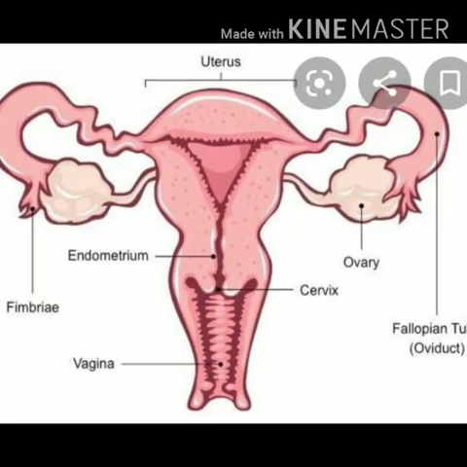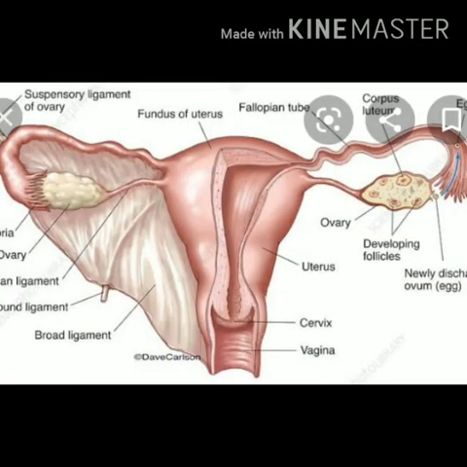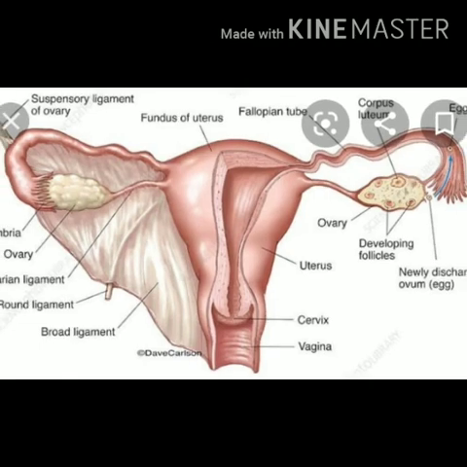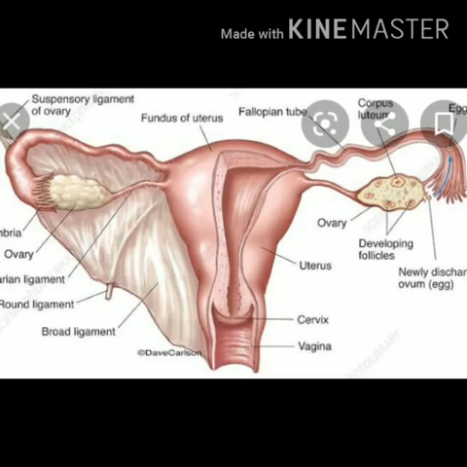The functions of the uterus are to support the development of the fetus, to provide energy and nourishment to the fetus, and to protect the fetus from any kind of injury. The endometrial lining of the uterus serves as a site for implantation of the fetus. Contractions in the wall of the uterus help to expel the baby during birth, and the uterus also acts as a passage for the movement of sperm to the oviduct.